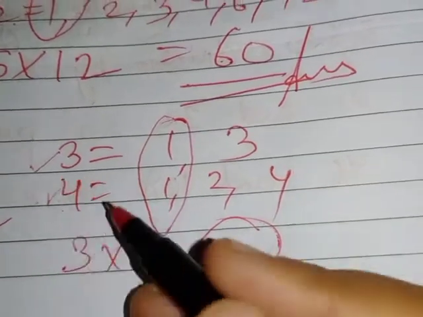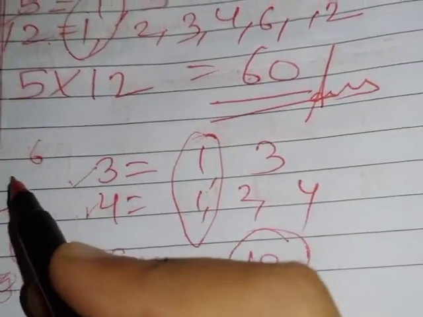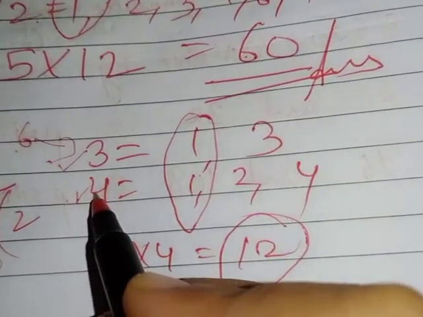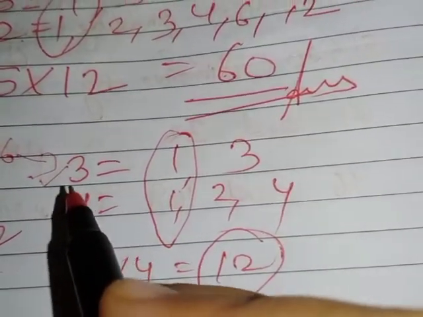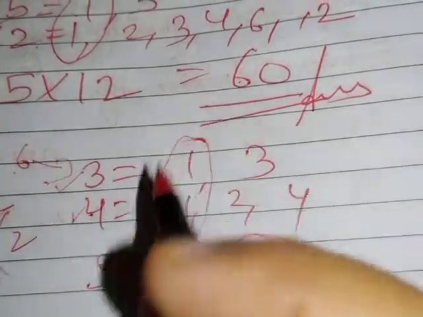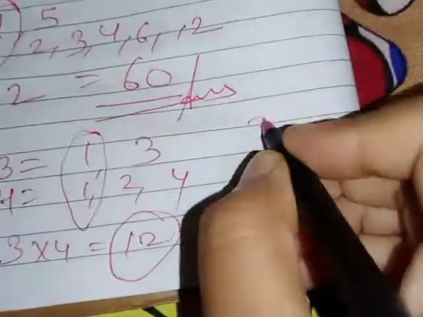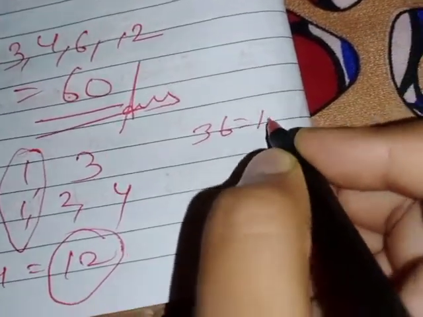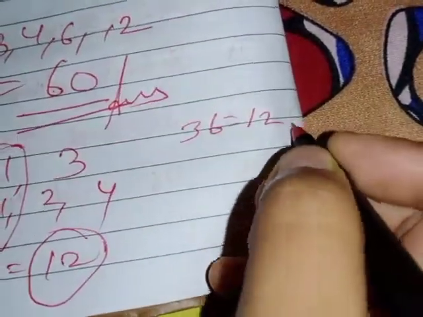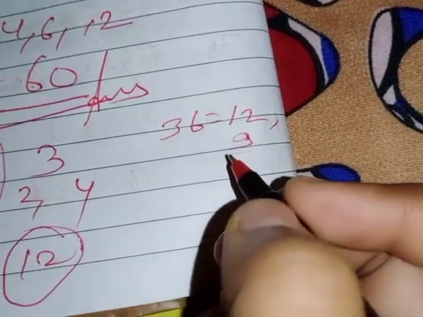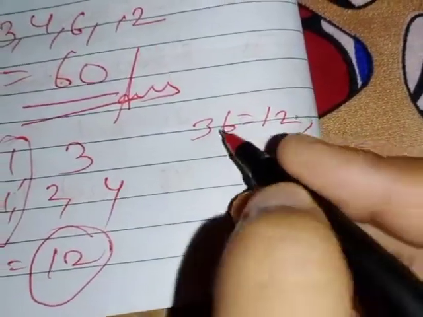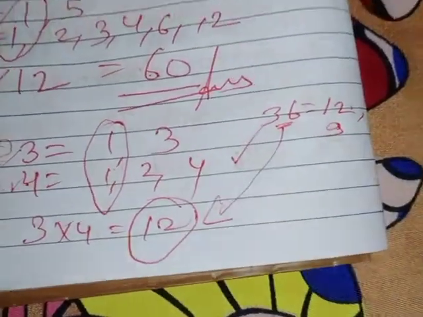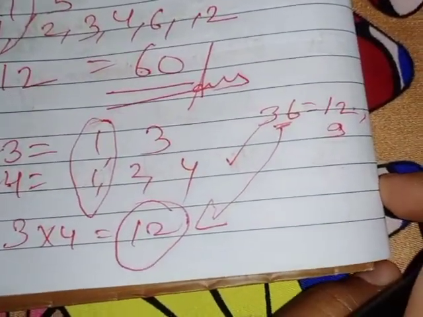Now think of a number in your mind divisible by 3 and 4 both. Don't think of 6, because 6 is in the table of 3 but 6 does not come in the table of 4. Consider a number which is there in both of them. So what could it be? You see 36. We know in the table of 3, 36 is coming: 3 ones are 3, 3 twos are 6, 12 times. In the table of 4, 9 times also 36 is coming, right? Now does this 36 come in the table of 12 also? Yes, it comes. Are you getting this clear?